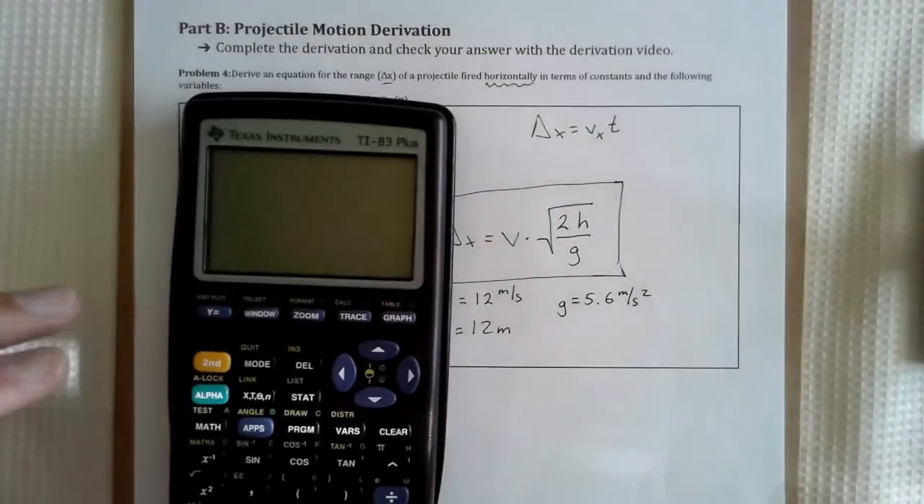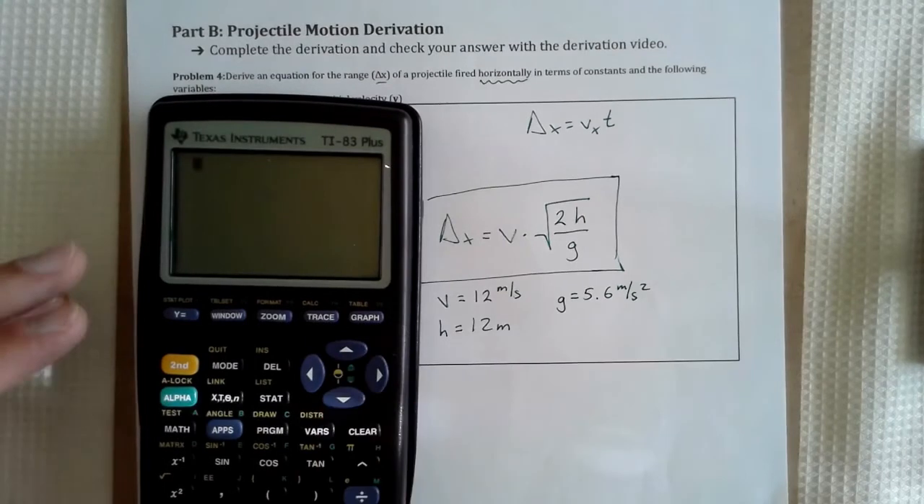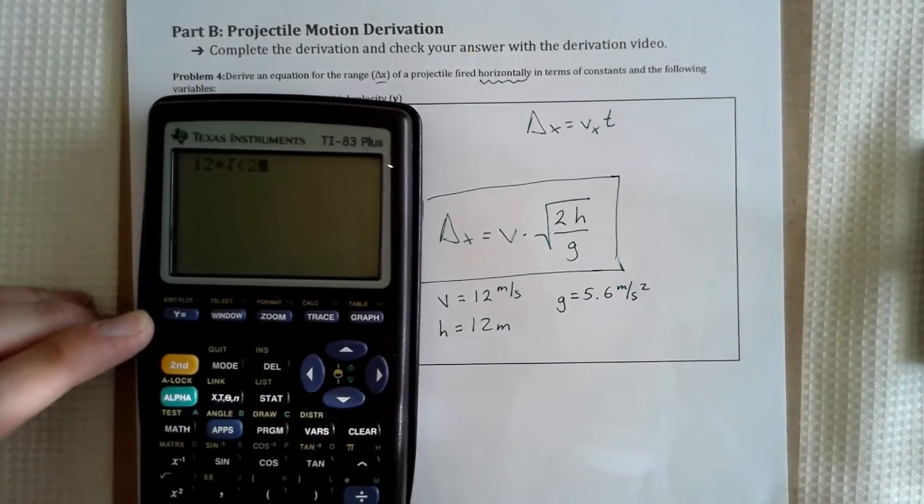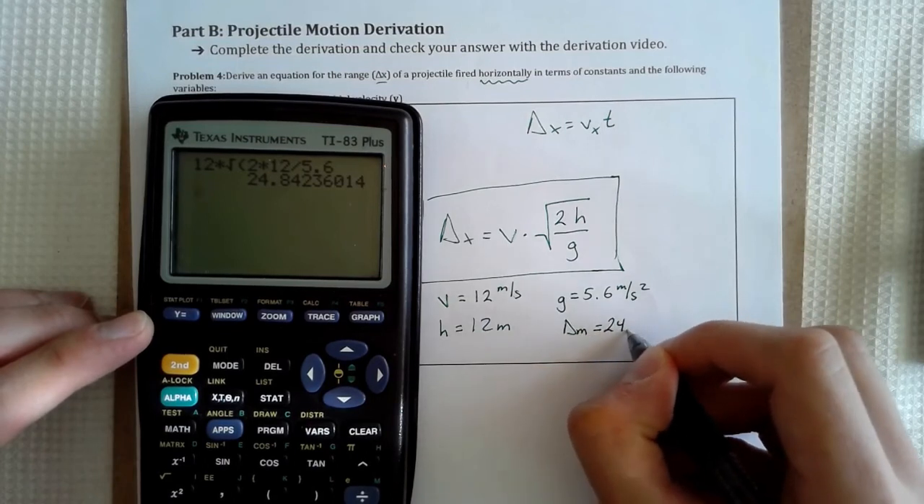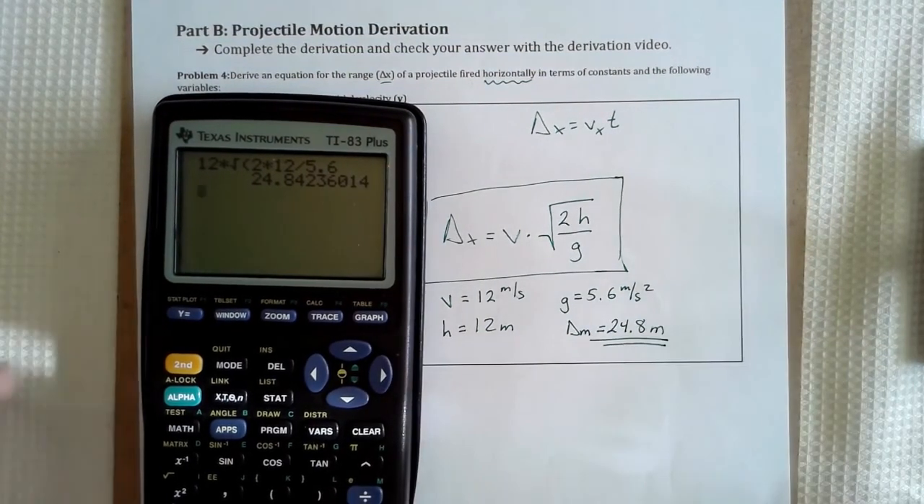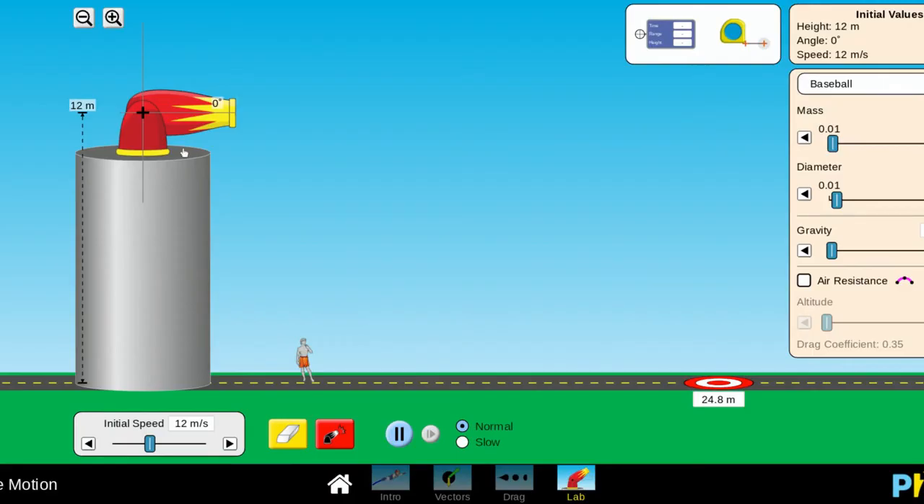So plugging numbers into our equation, we have velocity, 12, times the square root of 2 times 12 divided by 5.6. And that predicts that the range is going to be 24.8 meters. Let's see if it's true. Here is our setup. Notice I put in all the constants that we just picked and all the variables that we chose. So 12 meters horizontal, 12 meters per second, and I set gravity to 5.6 meters per second squared. The equation that we made all by ourselves says it should have a range of 24.8, and